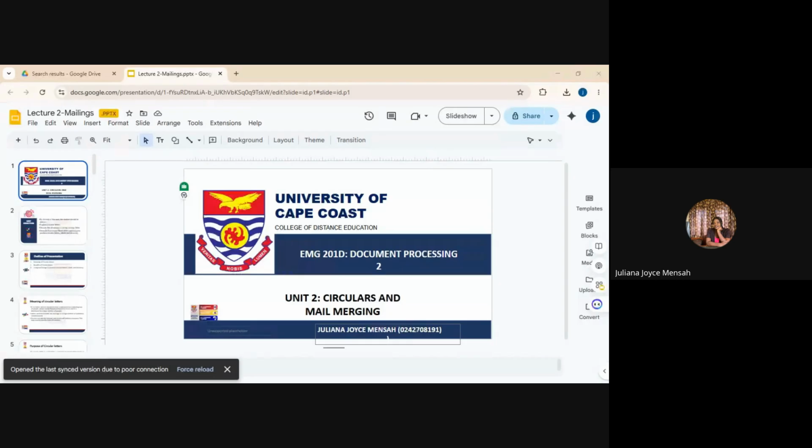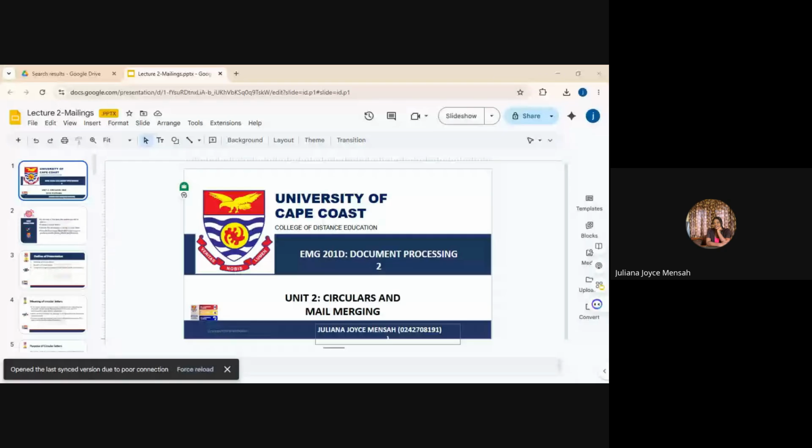It is still a memo, but because their branches are many, we cannot type them. If they are 10, are you going to type them 10 times? It's the same information. So you use the circulars. Do you get it? Use the circulars, and that is what we are going to do today, to bring out the same information, but find a way to have different addresses on each of them. That is the idea. Because whether a memo or a letter, they must have their own address. Even if it's a memo,